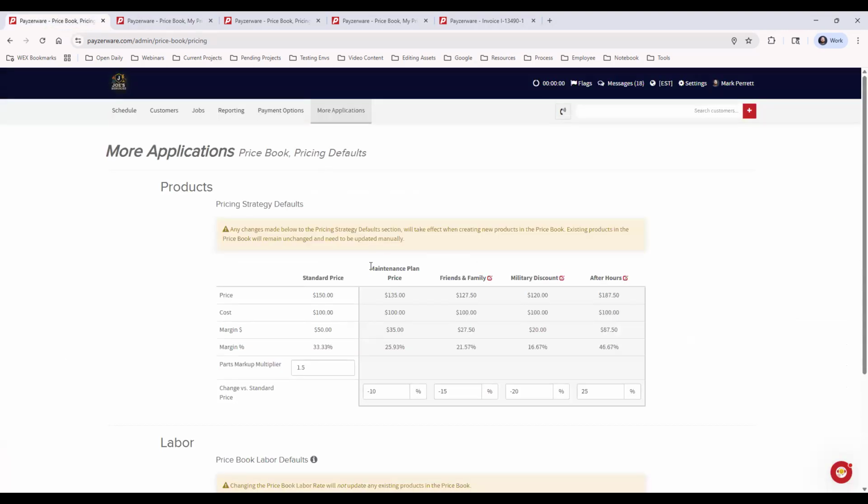Next is the maintenance plan price. Now, this is pretty unique. The way that this works, if you have a maintenance plan customer, it will automatically apply this discount. And we're talking strategy here. If you want to get more people to sign up for your maintenance plan program, yes, offering the maintenance is great. That's the main reason why someone would sign up